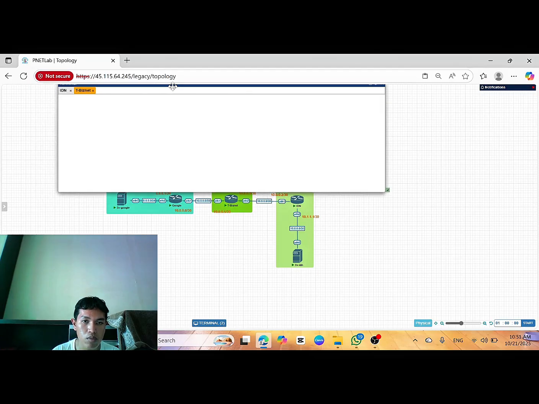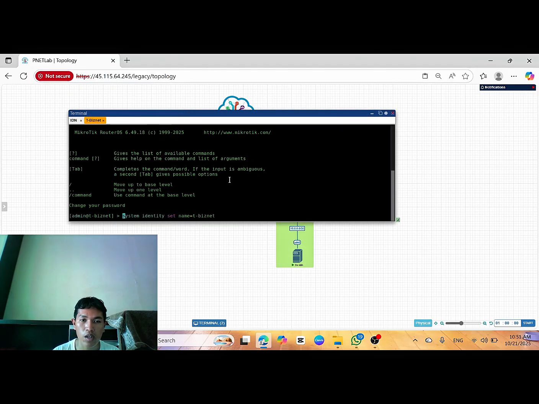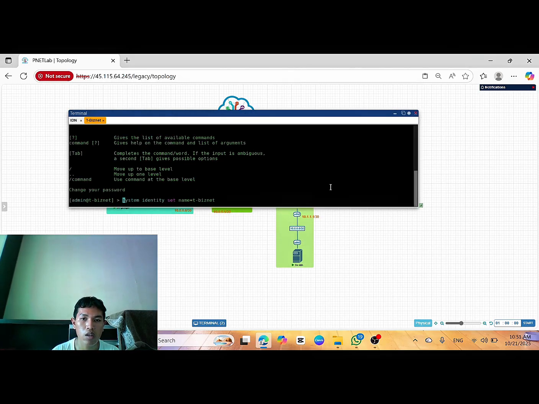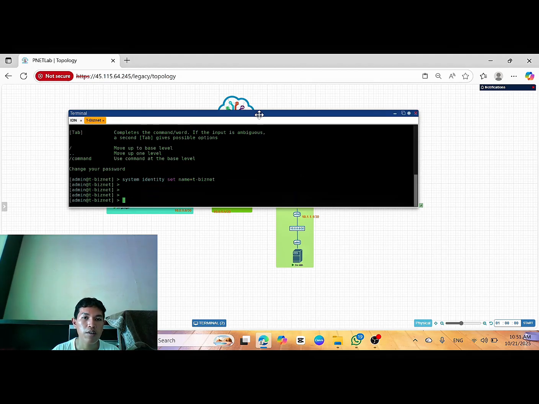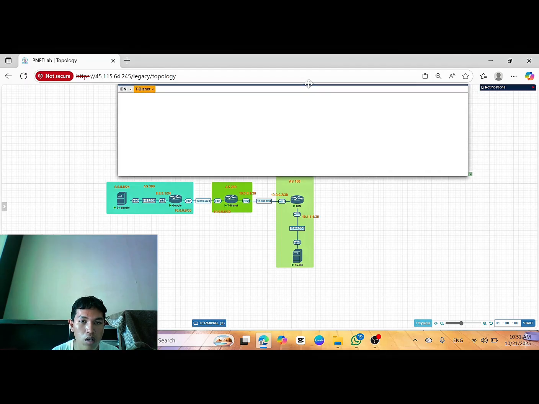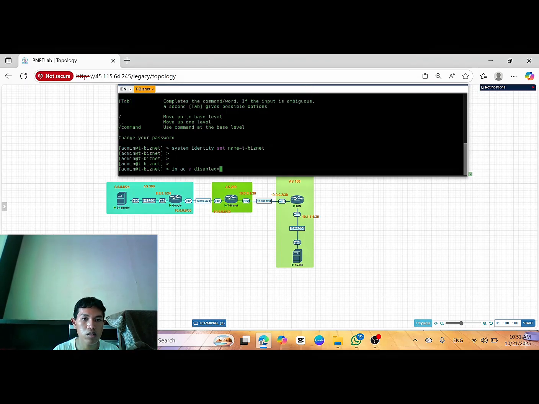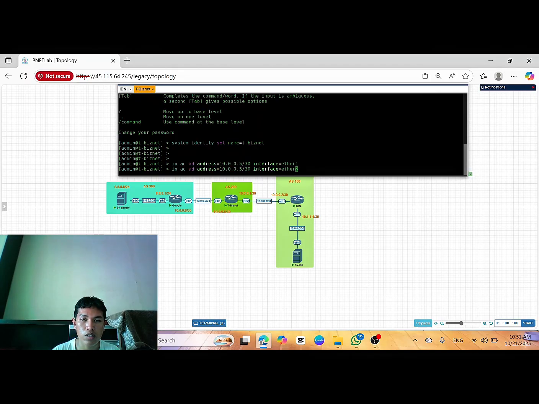Then we can add the IP address for interface ether 1, 10.0.0.5/30 interface ether 1, and for interface ether 2, 10.0.0.1.